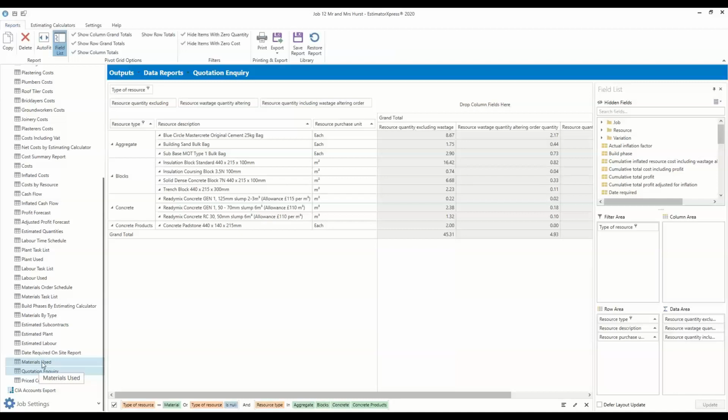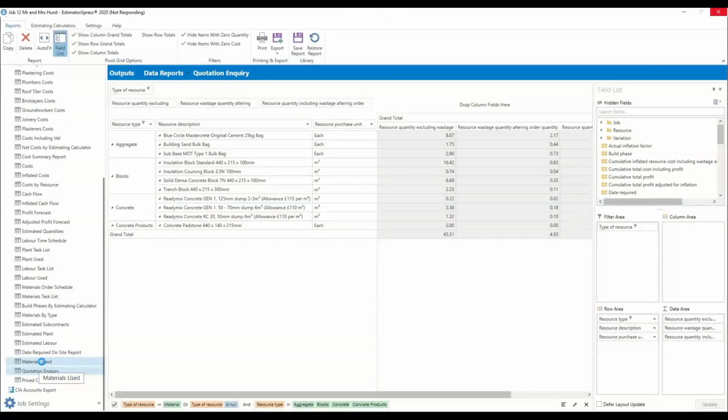So materials used lists your required materials by build phase. So we're going to open up this report and look at some of the ways that we can change a report to suit our particular needs. While I'm just waiting for it to open, just a few words about how you might want to use this